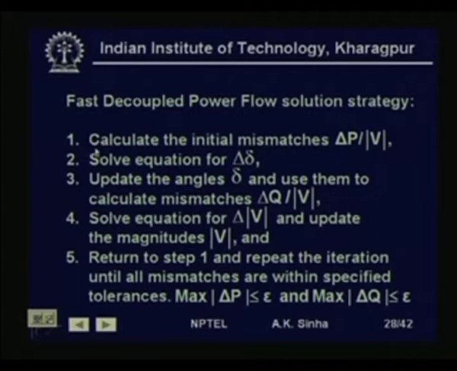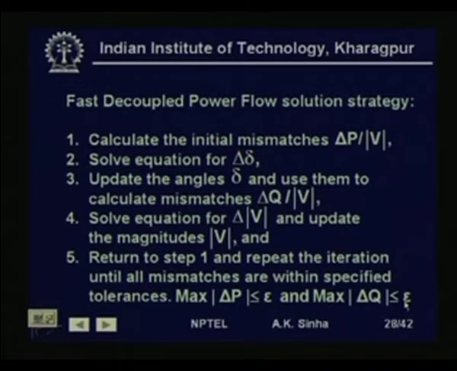is decoupled from delta. Now, the algorithm for fast decoupled power flow is as follows: calculate the initial mismatches del P by V, solve for delta delta, update the angles delta and use them to calculate mismatches del Q by V, solve the equation for delta V and update the magnitudes of V. Return to step 1 and repeat the iteration until all mismatches are within specified tolerances, that is, maximum delta P is less than some tolerance value and maximum delta Q is less